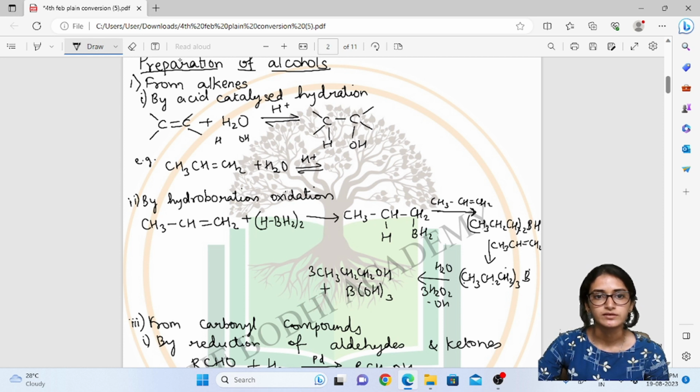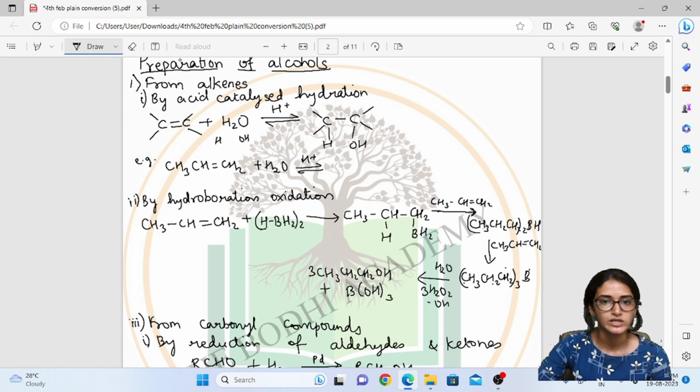So what happens here, when you add acid plus water, the double bond in the alkene will break, and to both the carbons positive and negative groups will be added. So from water, we have H+ and OH- ion. H will go and attach to one carbon and OH will go and attach to the other carbon. So to one carbon H and to the other carbon OH will be attached. Now this is in case of symmetrical alkenes, wherein you don't have to see a particular carbon to which you